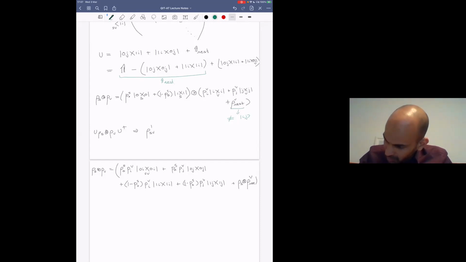Right, so what is our unitary operation? Our unitary operation is essentially to flip these two elements. It flips the 0j with the 1i. So what happens is that our final state, rho SV,